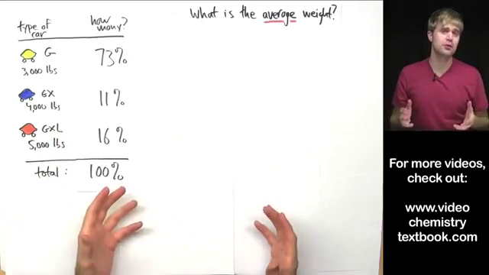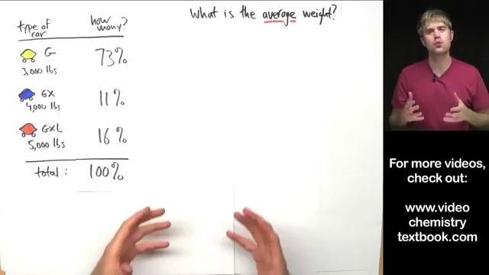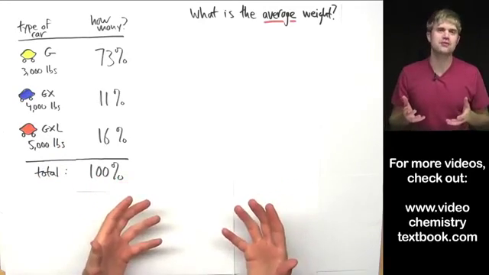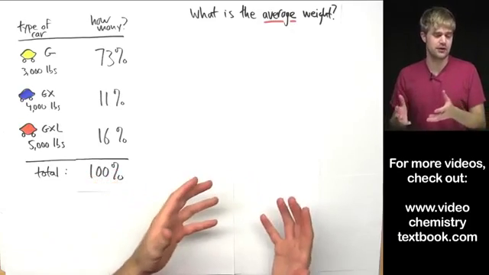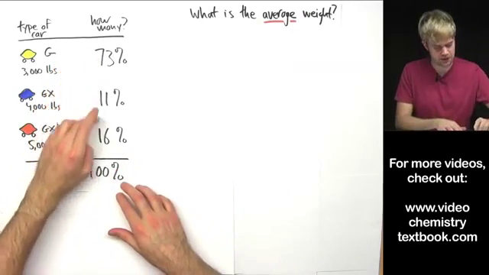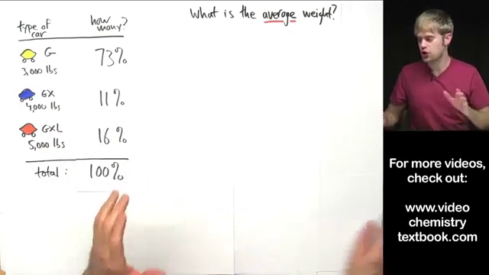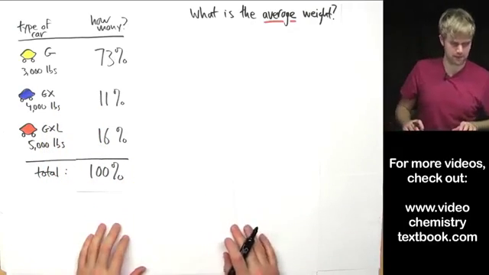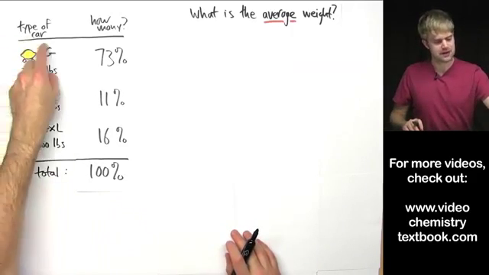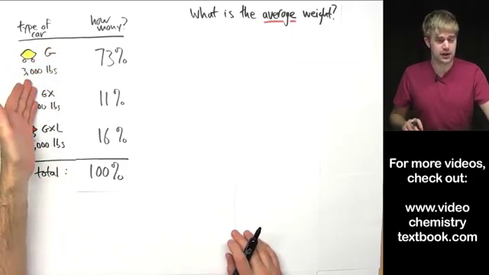Now, a lot of times when you're talking weighted average, you'll have to work with percents. So instead of getting the number of things, you'll get the percentages of them, like right here. Here's how you calculate a weighted average using percents. Okay. What I'm going to do is I'm going to take the weight of the Lamona G here, and I'm